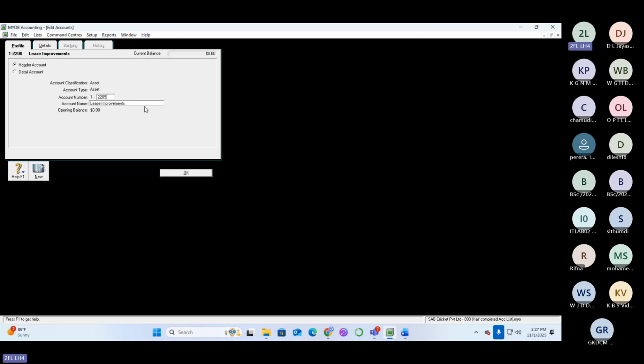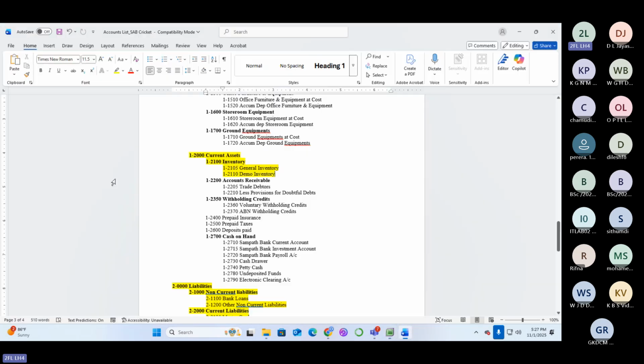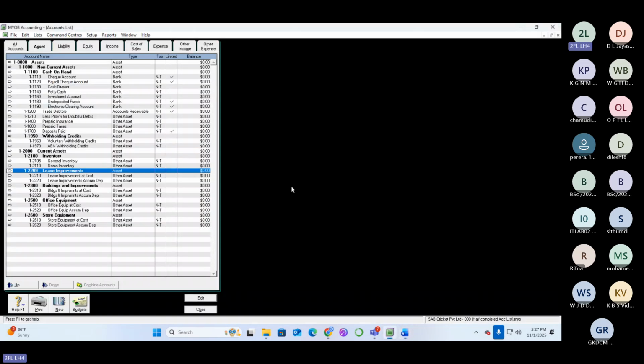Can you make it 2209, the lease improvement header account? I want to change it to 2209 temporarily, without changing the location. And now we can create a new account,